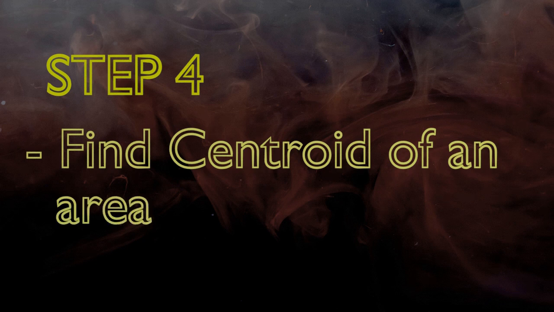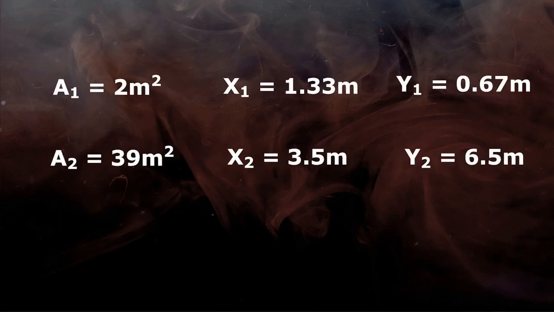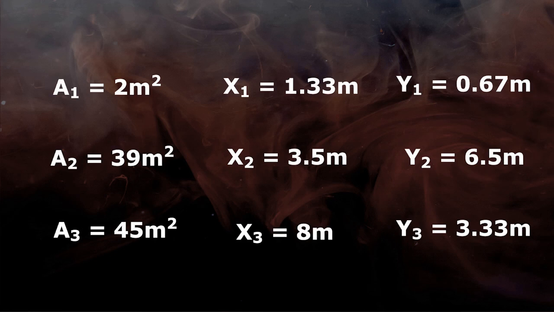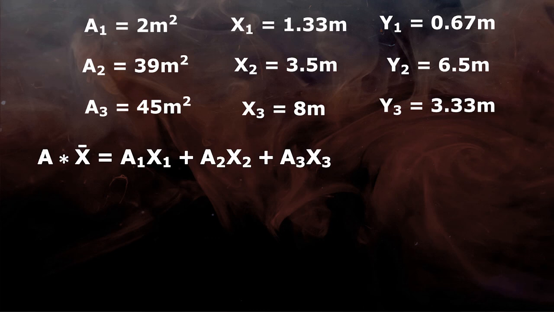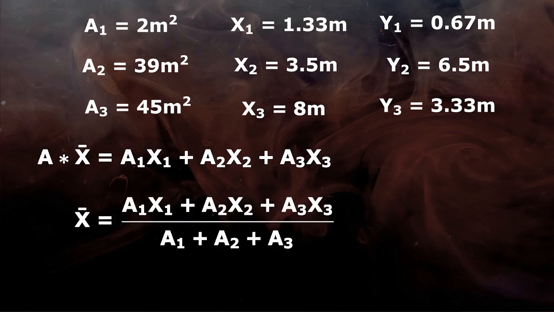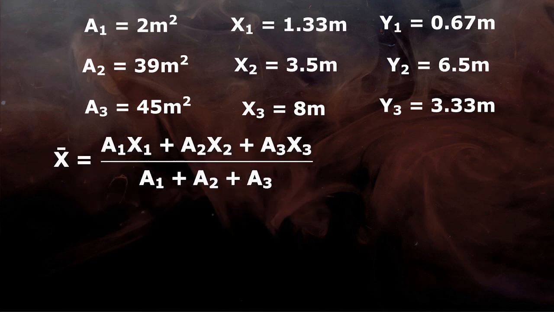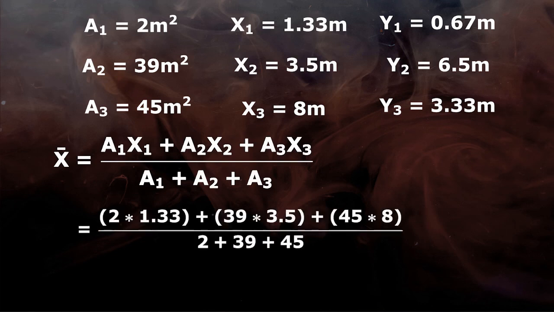The last step is to sum up all the data we have just calculated. We just need to input the area, x and y coordinate results in the equation of centroid of an area. To find the x coordinate of the centroid, we will take the moment of area with respect to the y axis. So the total area moment will be equal to the summation of the moments of all individual areas. Or you can memorize this equation directly.